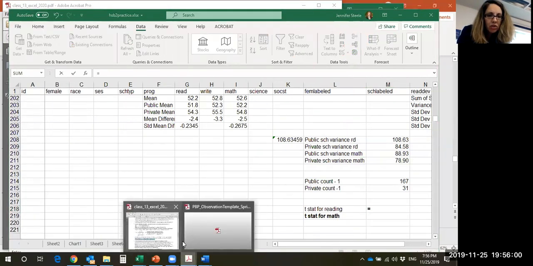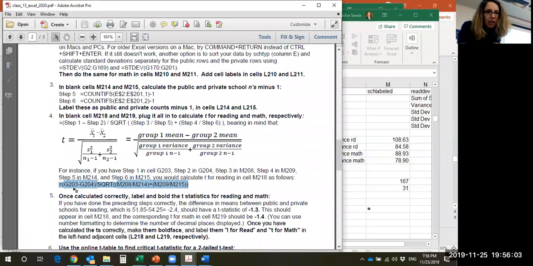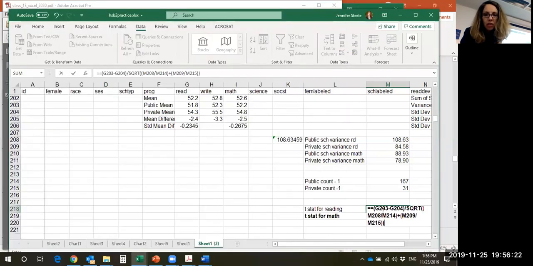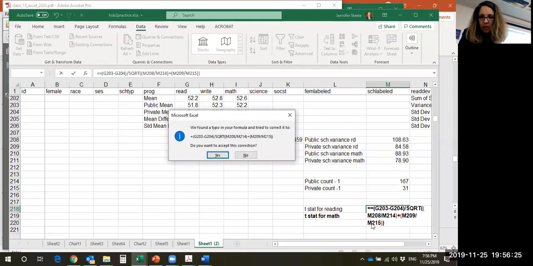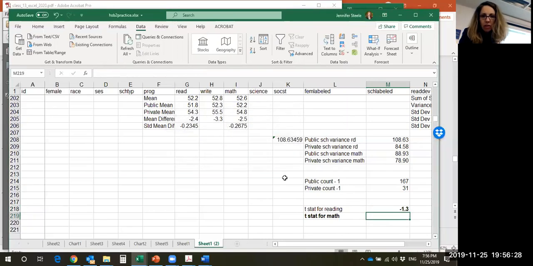So you can also paste this straight from the PDF. In the PDF, it is equals G203 minus G204 over the square root of, so basically you're doing the whole t formula. So I can copy and paste that whole formula, and that will look like this. Paste that here. Oops, it did not like whatever I just did. Oh, because I have two equal signs. Yeah, that's right. Okay. And then I do the same thing for math, only instead of G203 and G204,